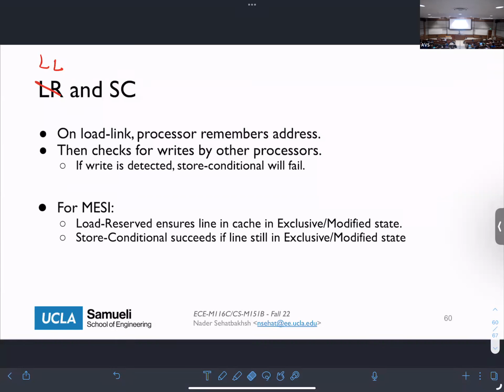All you need to do is saying whether you're exclusive or not. If you are exclusive, then it's guaranteed that you will be the only one who's writing to that. If someone else goes to E or M during this process, that's all you need to know, right? That means that some other core tried to access that address, which is the lock, and I need to just invalidate myself. Okay, so it's very simple to actually implement this in hardware. All you need to do is actually combine this with the coherency states. Okay.